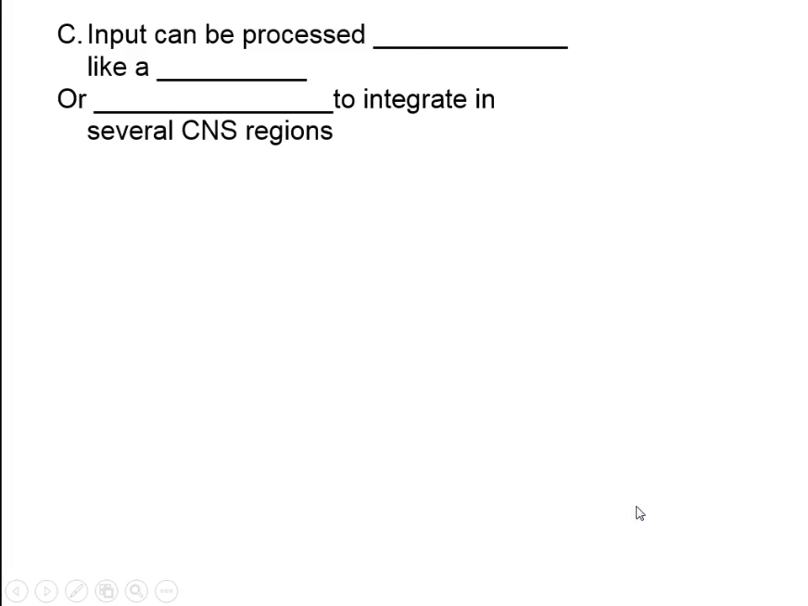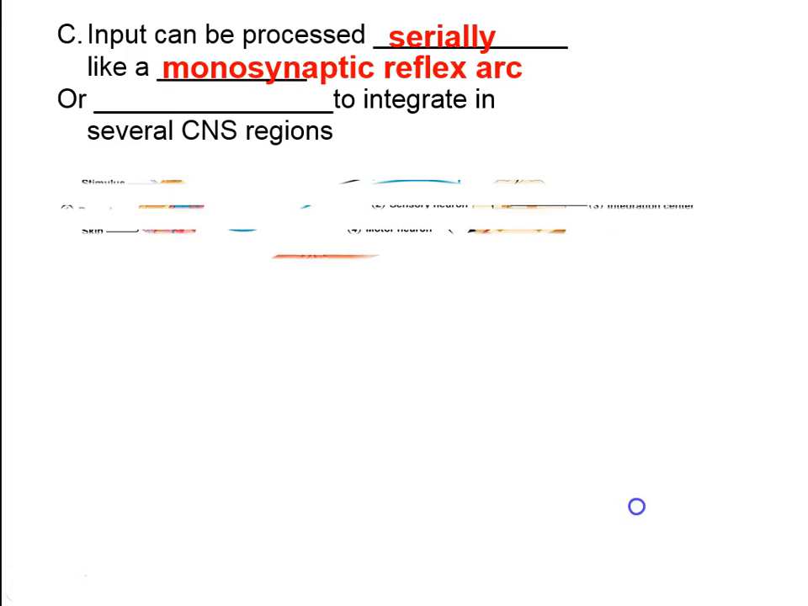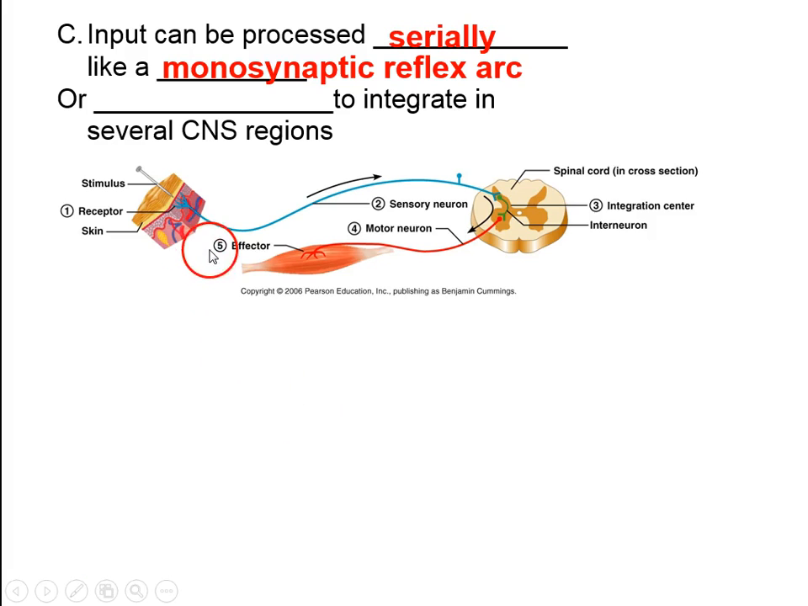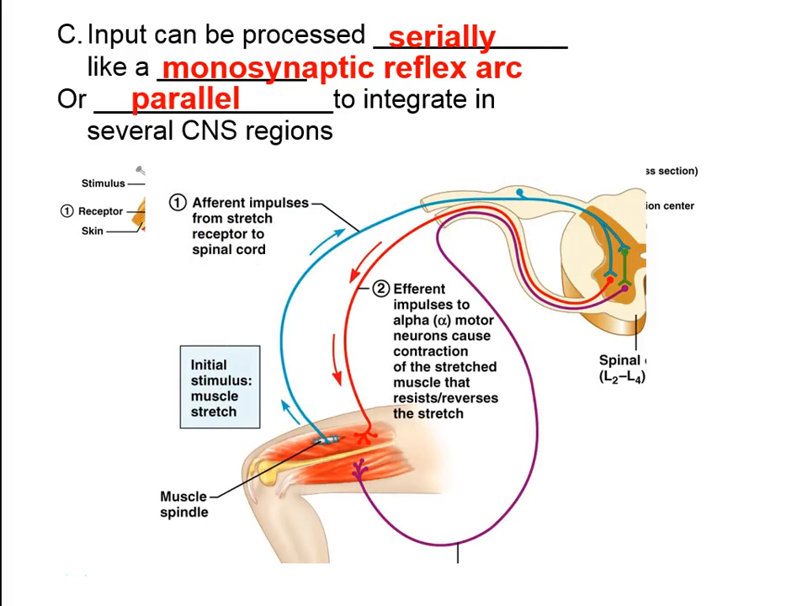An input can be processed either in a serial pathway, like a monosynaptic reflex arc. So a stimulus is sent down a sensory neuron. It synapses with an interneuron. We figure out what to do. Synapses with a motor neuron, and we send a message to the effector, and that causes us to have a sensation or a pain from that nail in our skin. That's monosynaptic. Or it can be a parallel circuit, where you can have